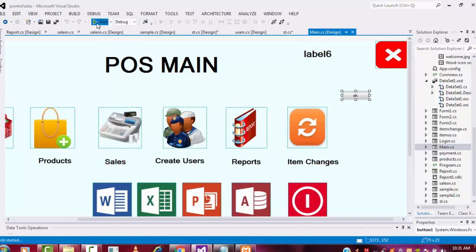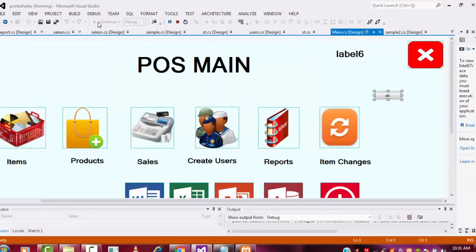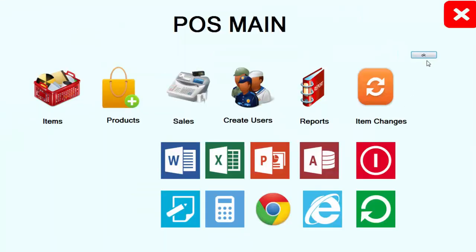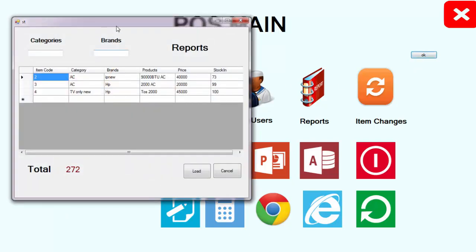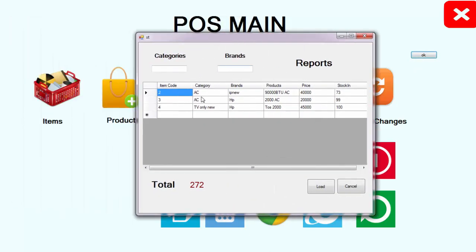Click on the start button. Here I just put one button, just like a demo. If you click this open, you can get the stock like this.